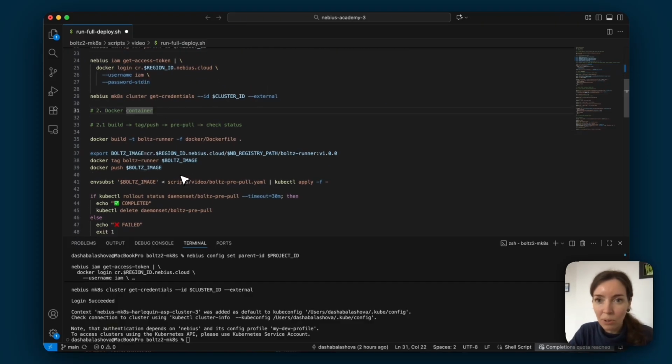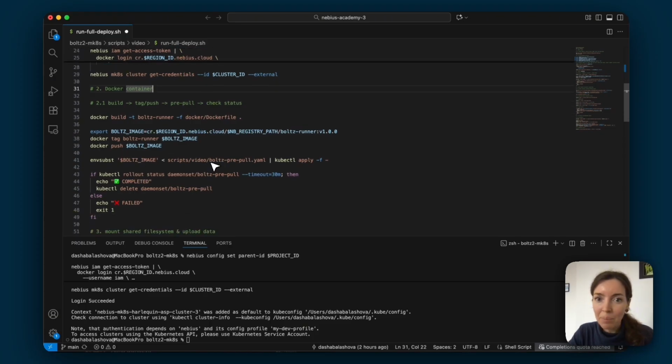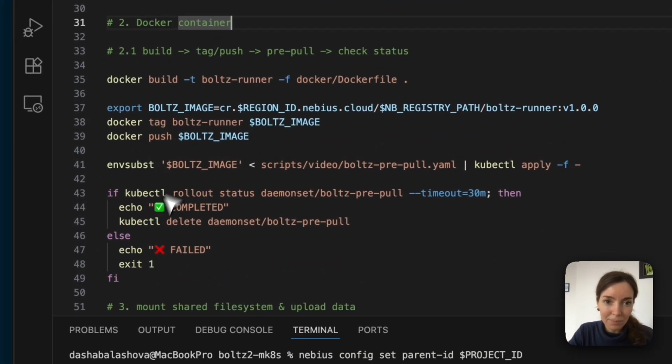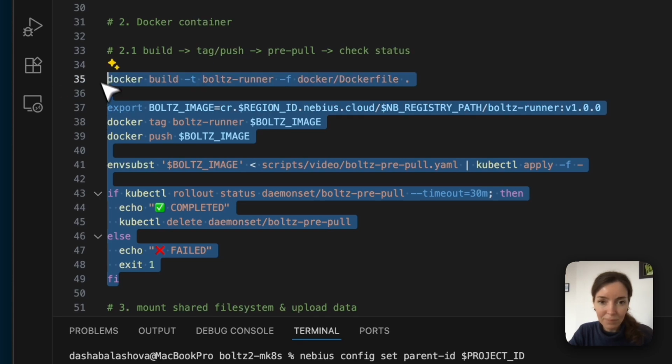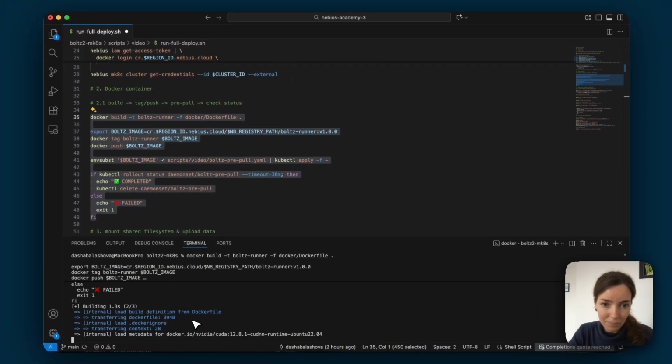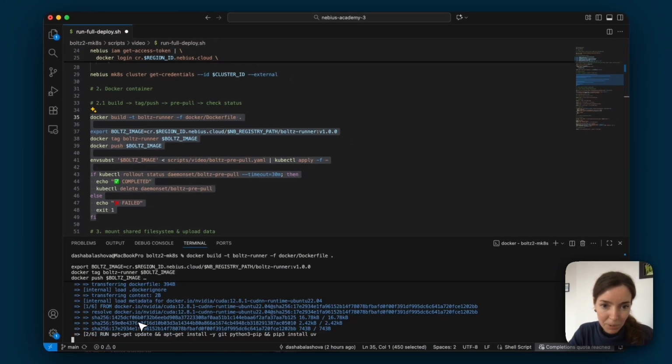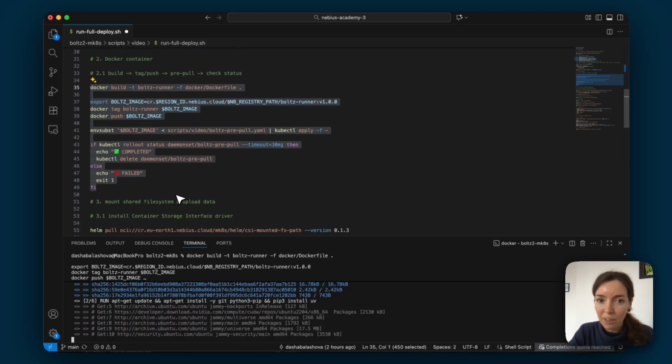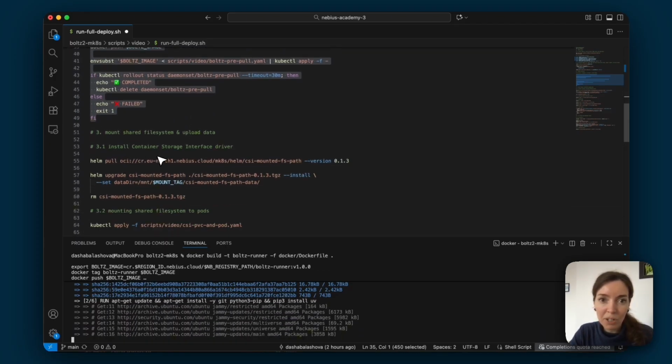Then I'll continue with the Docker container. First, I will build it locally. Then tag and push to the container registry. After that, I pre-pull it to the cluster with this command, and it will take some time, so I use this if-else script to see when it's finished and everything is fine. Okay, now I see the building process starting, and I can continue with another part: mounting the shared file system and